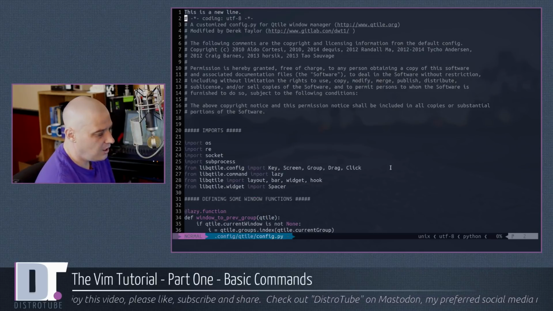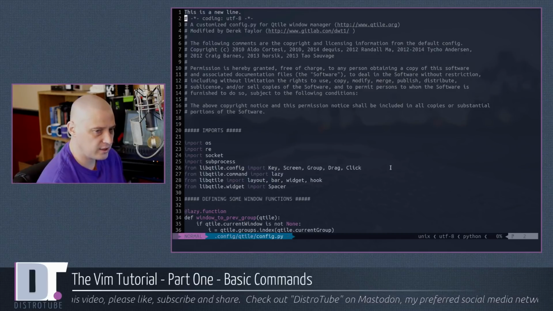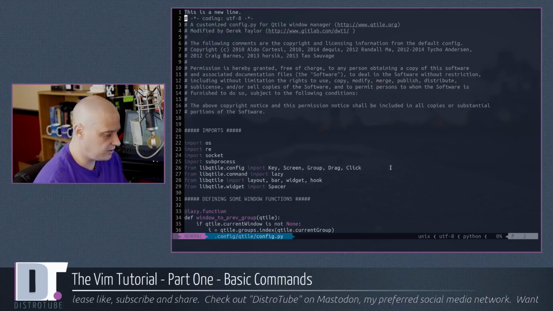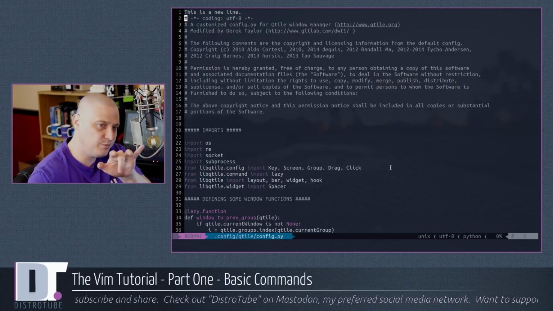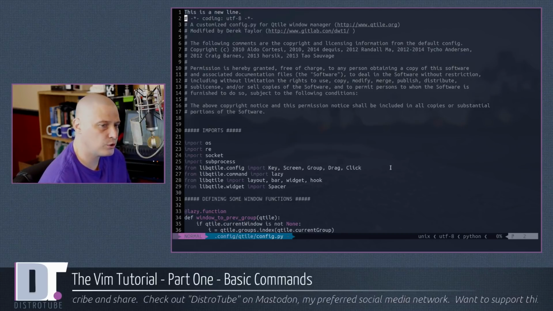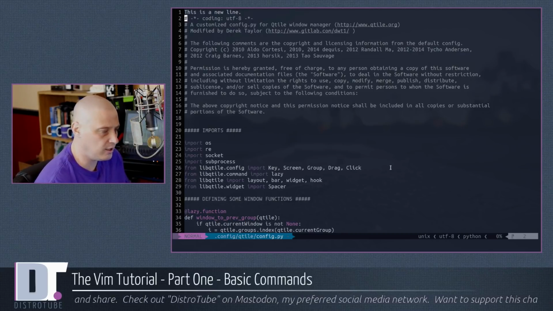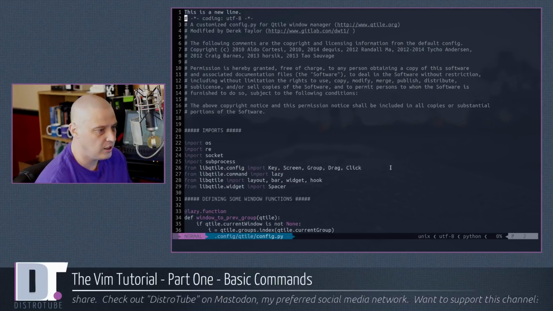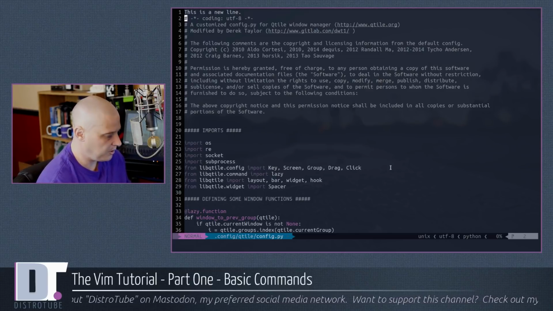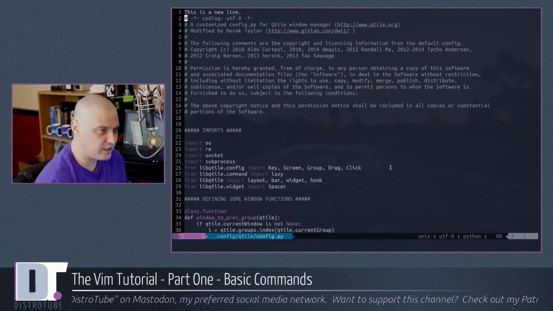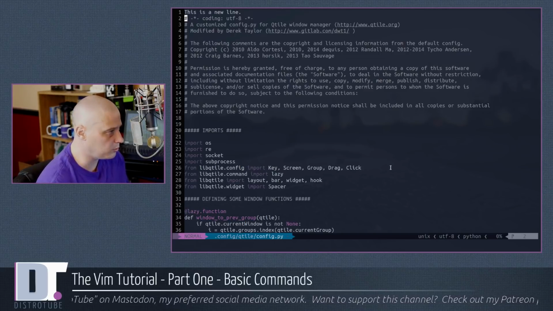A lot of people hate the fact that changing from normal mode to insert mode and back involves the escape key, because your hands are on the home row, and that escape key is kind of a far stretch if you're having to use it all the time. So what a lot of people like to do is remap that escape key to some other key on the keyboard. A popular choice is the caps lock key, because who uses the caps lock key anyway? And the caps lock key is right on the home row. So the caps lock key is a popular choice.